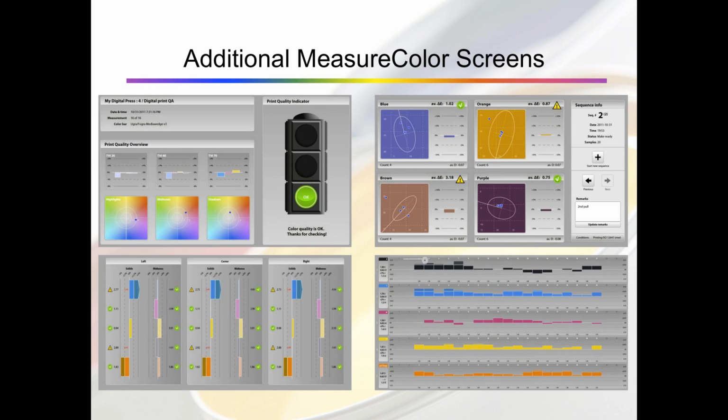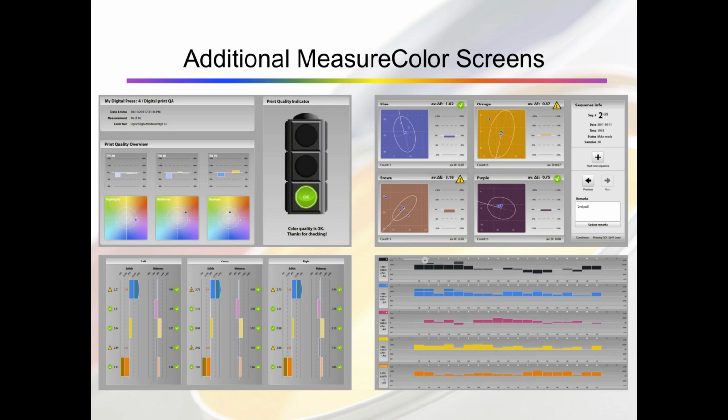Now these are 4 additional MeasureColor screens I just want to show. Don't have too much time to go through all of them today, but just wanted to show you that we have really strived to give a different type of interface for the different types of printing you may do. So if it's a simple digital print operation that you have, we have a very simple traffic light style interface to tell you, can you continue printing? Should you stop the machine, or do you need to make a significant correction? In the upper right, we have our multi-spot view that if you just want to measure spots no matter where they are, we have an answer for that.